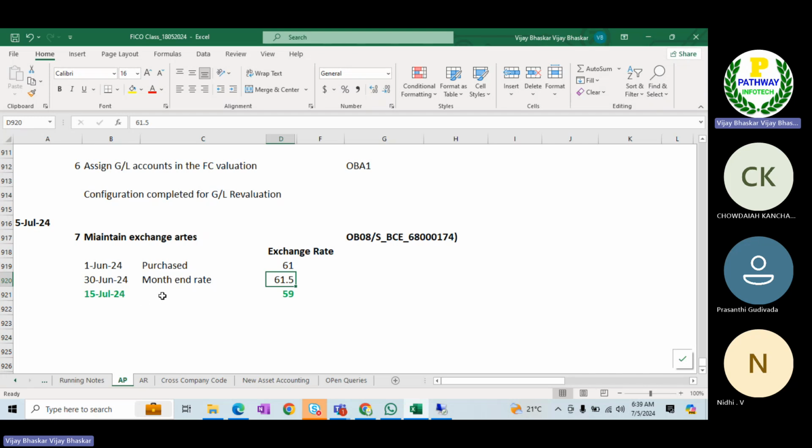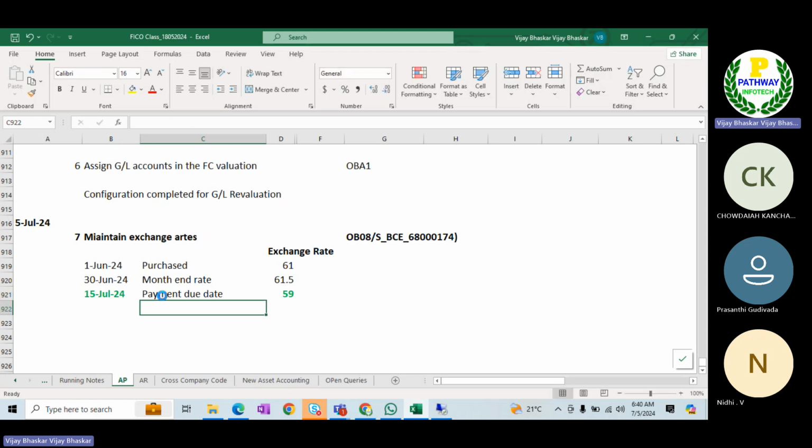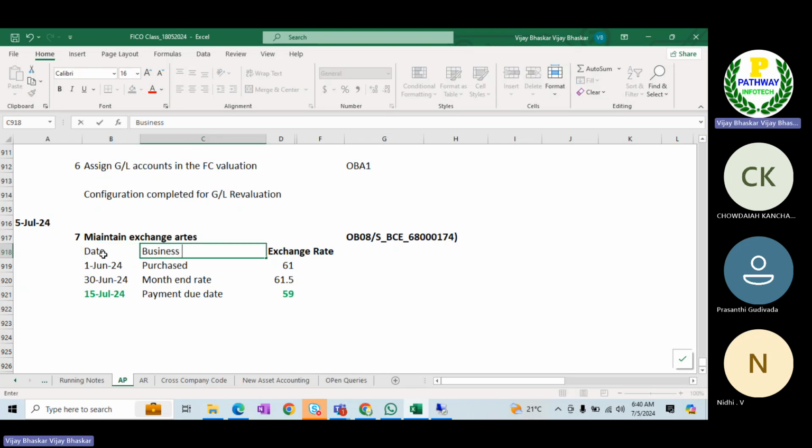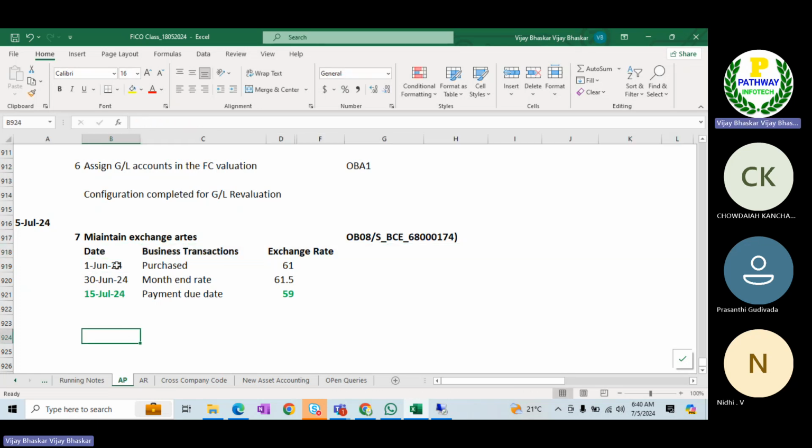Then the 15th of July is the payment date. Remember, the payment due date. I'll put it there for clear understanding. This one is the date, and this one is the business transaction.